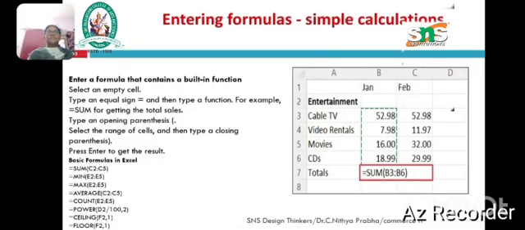Next, we are going to see about entering formulas and simple calculations. To enter a simple formula in a spreadsheet application like Excel, we begin with an equal sign, followed by the numeric values or cell references, and then the appropriate operators like plus, minus, asterisk, and slash. For example, 5 plus 2 times 3 would calculate 5 plus the result of 2 multiplied by 3, which is